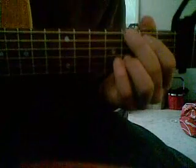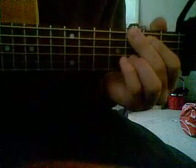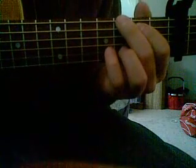So once the verse kicks in, I'll try and play it slowly. Haven't you heard I'm stuck on a verse, I'm stuck on a boy. So you're playing the second and fifth strings at the same time, and you keep that beat on the fifth string instead of on the sixth string,